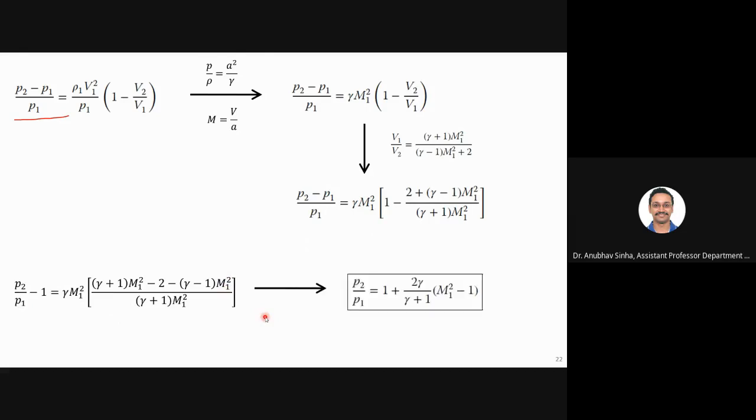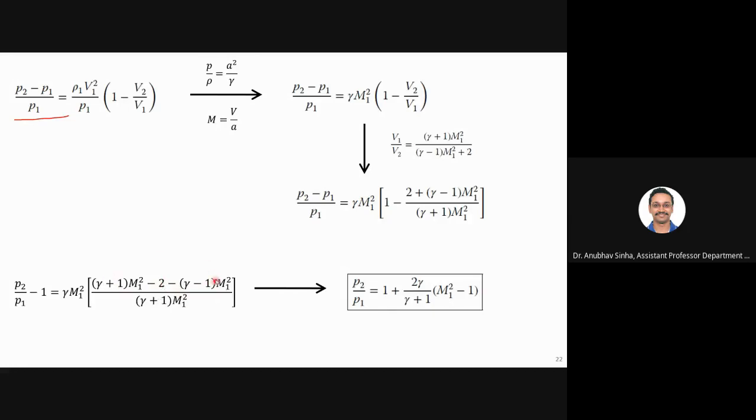So from this, I can say, now take this -1 into RHS. So this delta P, pressure ratio will become 1 plus. Then inside this, if you do some rearrangement, basically we can cancel some few terms. So for example, here we have M1 square, here we have -2 minus M1 square minus gamma M1 square. So that will get cancelled, and some terms will be cancelled, some will be rearranged.